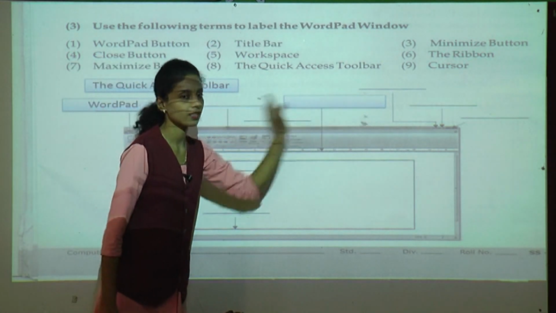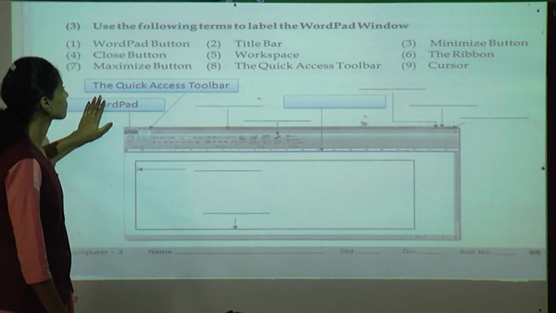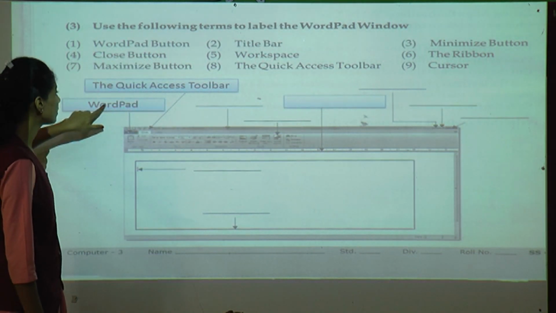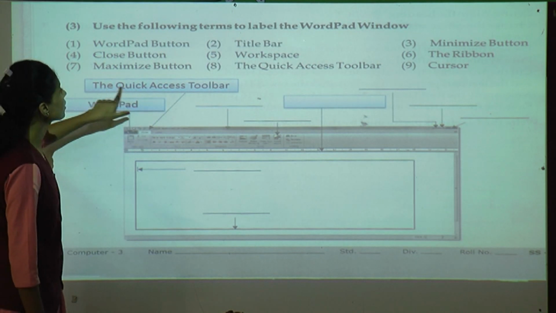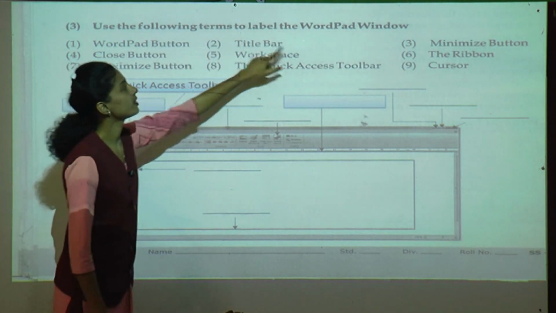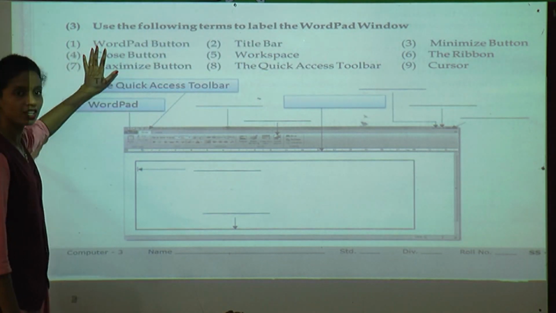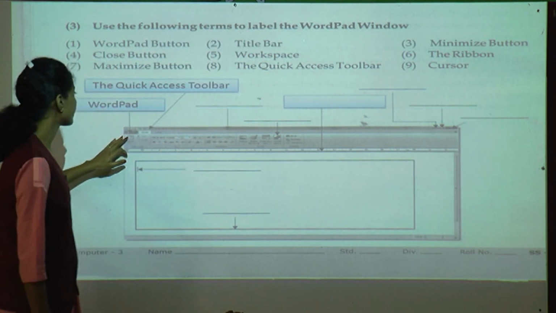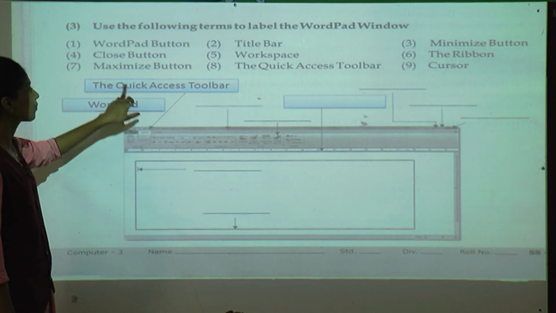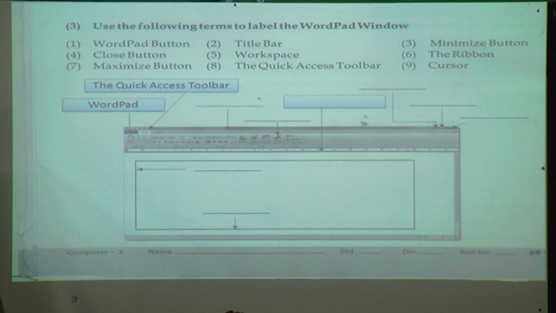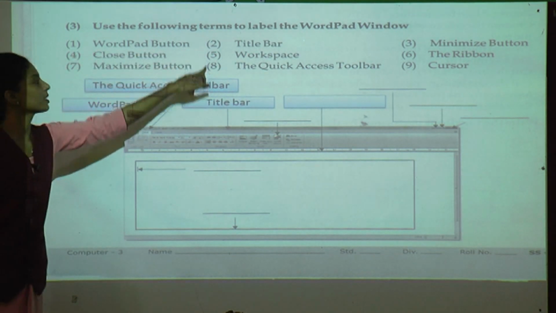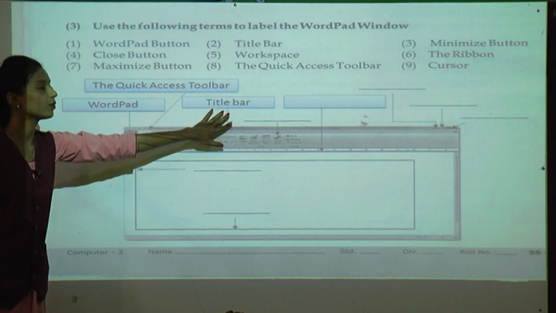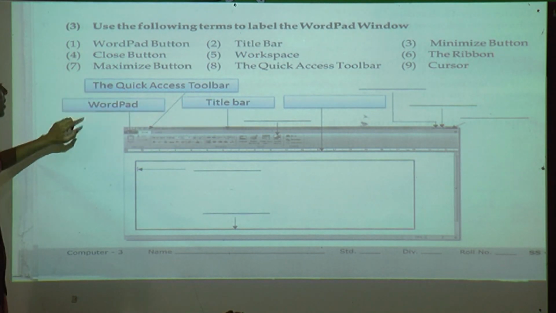We will go line by line, word by word, then we will understand. First one is the WordPad button, second one is the quick access toolbar. If you go by this number, then we will get confused. That's why we will go like this.